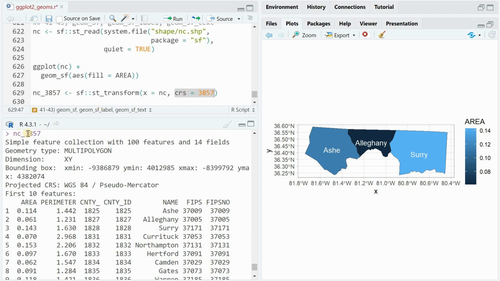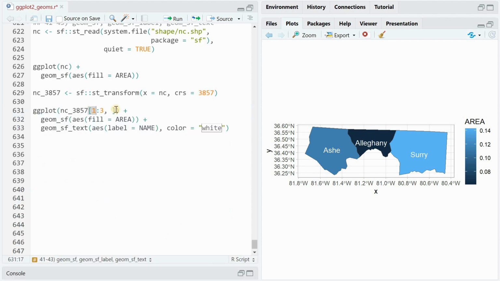So this will create a data frame that looks like this with a bunch of county parameters, for example the name and the area. And when we select to plot only the first 3 rows, geom_sf will turn that into a map, and then geom_sf_text will use the mapped label to the name with a certain color to put